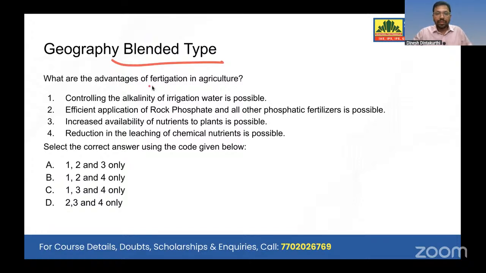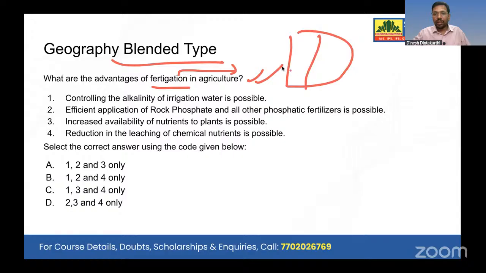So, advantages of fertigation. This was directly asked in the Hindu newspaper. Fertigation: instead of spraying the fertilizers on the particular land, why can't we mix fertilizer in the water and just apply the same water as drip irrigation? So you can save water and also save particular NPK, nitrogen, phosphorus, potassium. So this was in the Hindu newspaper. This is a case study in Sunday's newspaper. Generally, on Sunday we neglect the Hindu newspaper because we won't have science and technology aspects or editorial aspects. But there is a full page article about this fertigation in the Hindu newspaper.